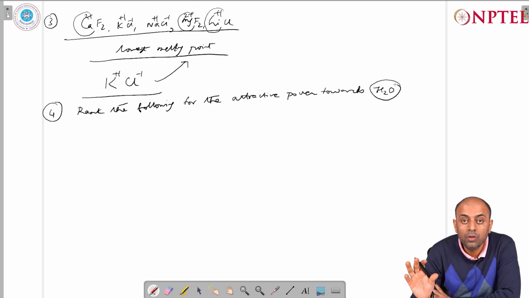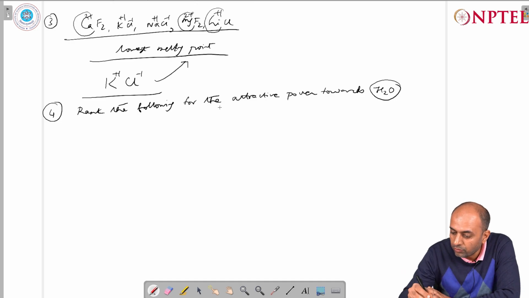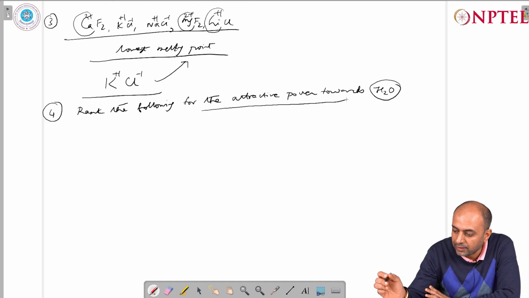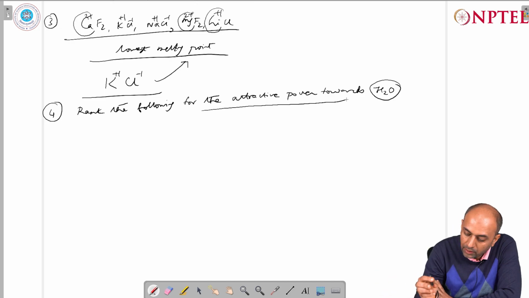So I am going to give you 4 different species, and I am going to tell you to rank them in order of increasing attractive power. So we have got magnesium,